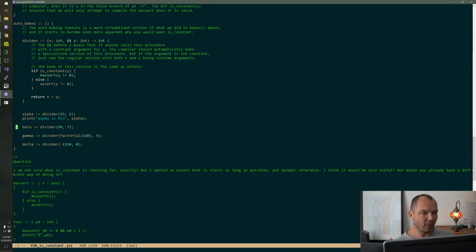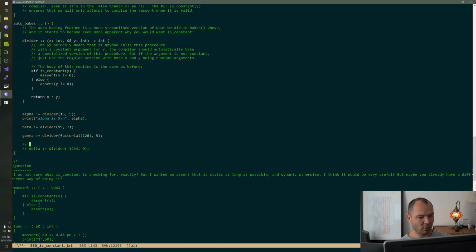I mean, it's easier if the assert is in the body of a function, where it's happening directly, it's not a problem. But here it's being generated by a procedure call and so forth. To see the assertion fail.